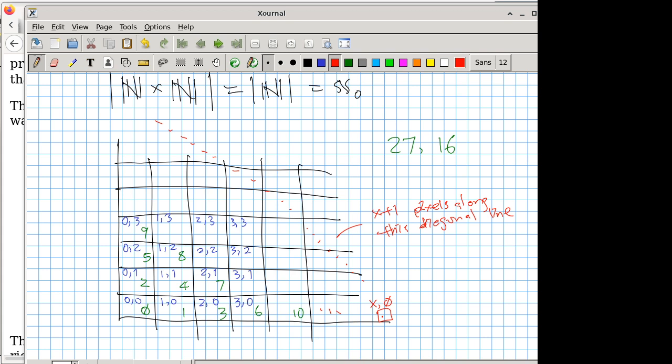Well, this is the first one. We start with 0. This one has to include all the pixels in all the previous diagonal lines, right? But since we only have one single pixel before, it starts with 1. So 0, 1, 2. This one has got 2 diagonal lines before that. The first diagonal line has 1 pixel, the second one has 2, so it's 1 plus 2, and that makes it 3. Is that okay? This one, well, we keep adding. This is 1 here, 2, 3. So it's 1 plus 2 plus 3, which is 6. Are we doing okay so far with this